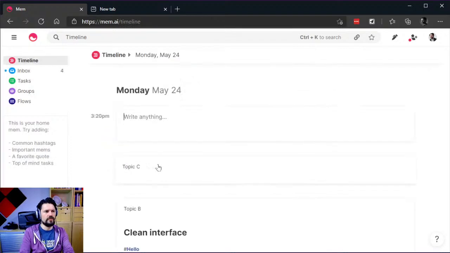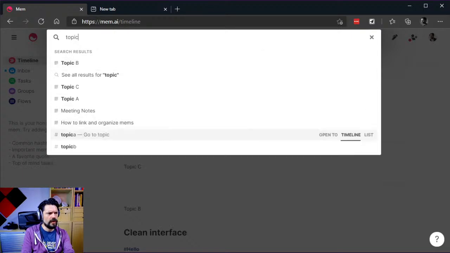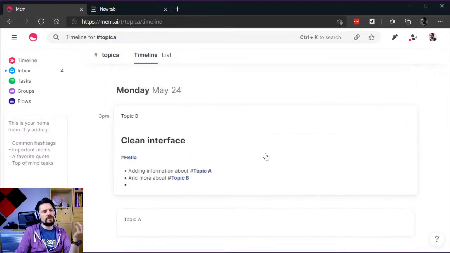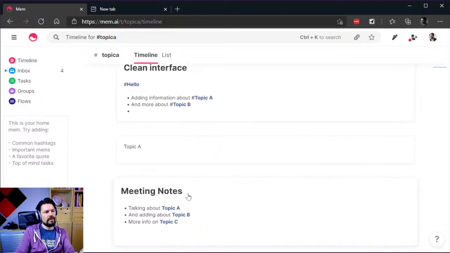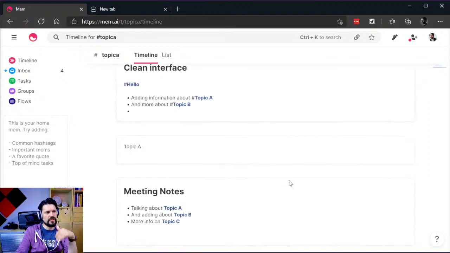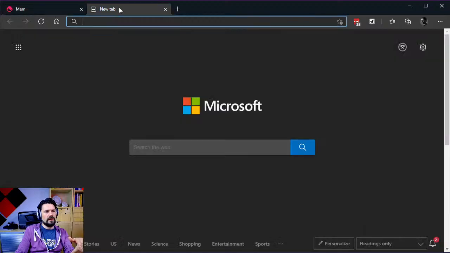Probably not saved yet, so let's save it first, and then we're going to say, hey, what do I know about topic A as a hashtag? Okay, so this is a filtered view of topic A. Now I actually see the mems on top of each other, but you still have the same problem. It doesn't look that bad when you look at it like this, but let's